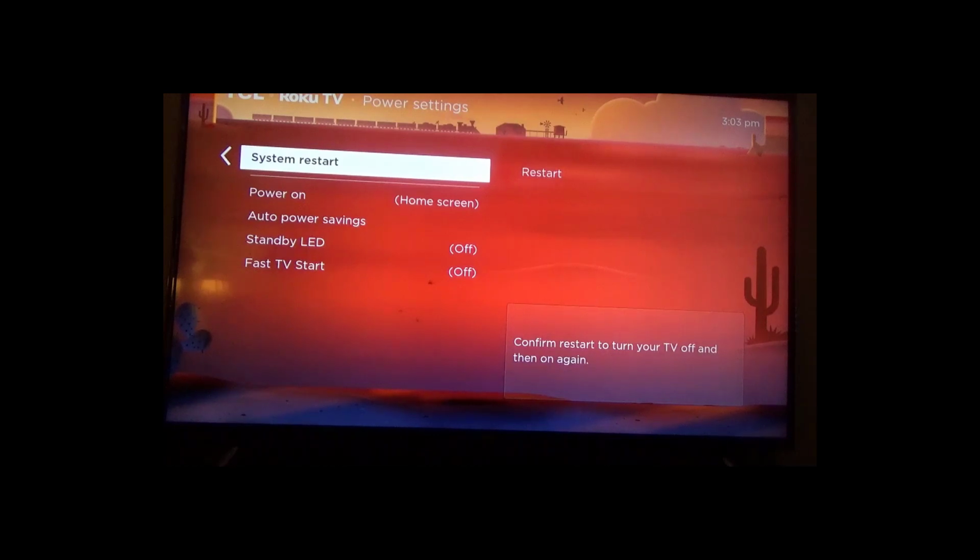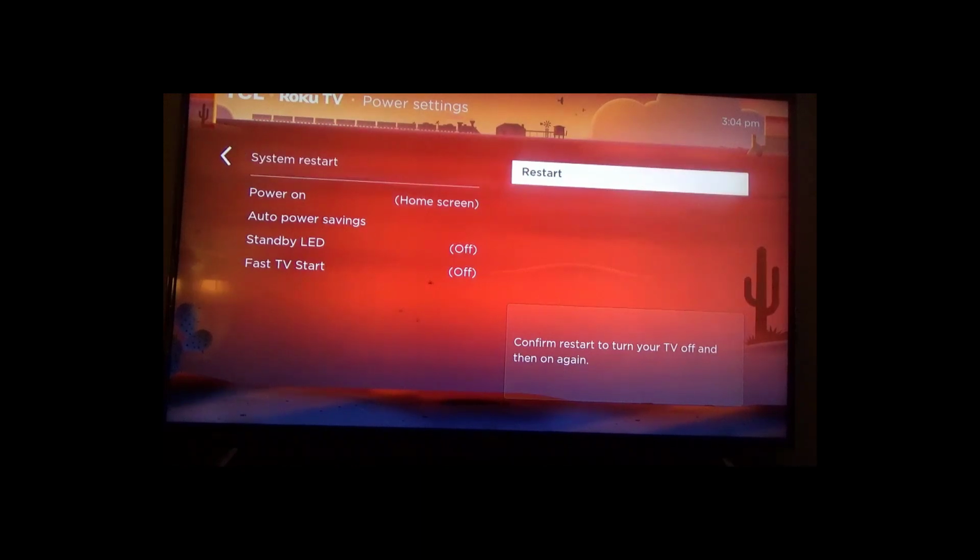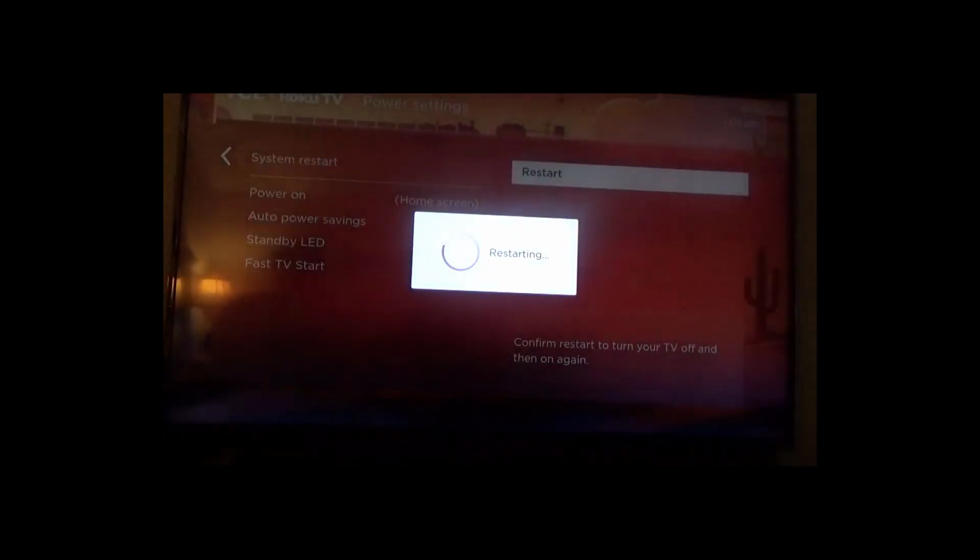That's kind of like if you're having issues with your computer, it tends to freeze and so forth. What they usually recommend is to restart your computer. Not necessarily shut it down. That might work at times, but usually the best thing to do when you have minor issues with the computer is to restart, and then it's refreshed. Well, this has the same effect on this TV, and it's not the same thing as just turning the power off. That doesn't necessarily work. But this one for me works about, I would say, 90% of the time, 95 at times, depending on what I'm looking at. So doing the restart,